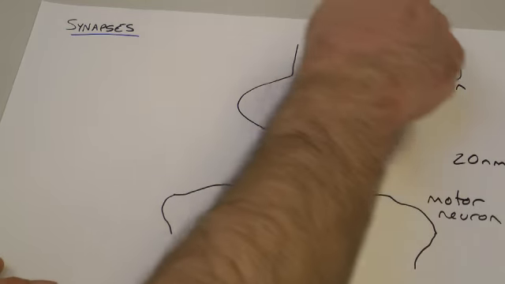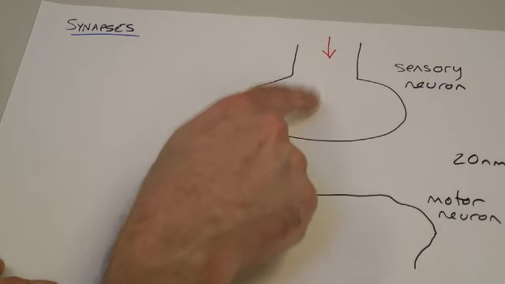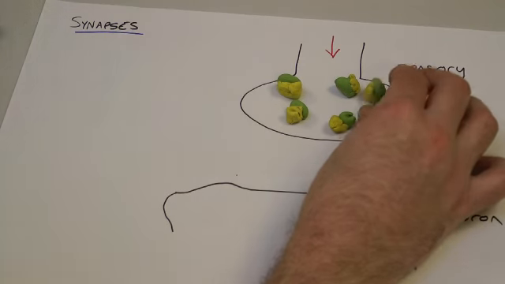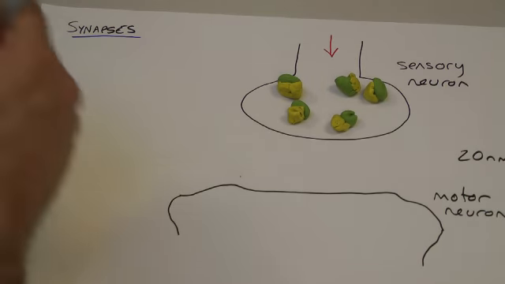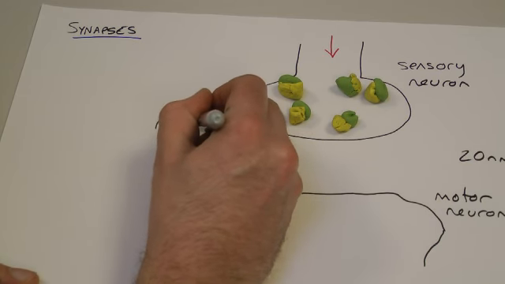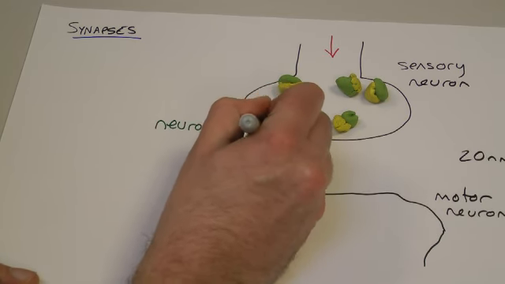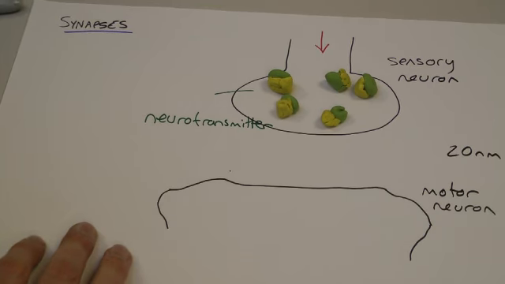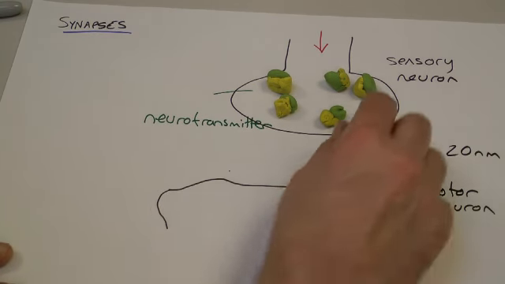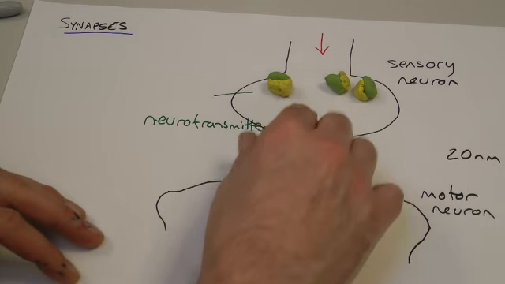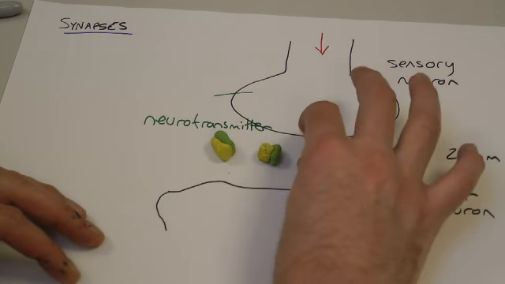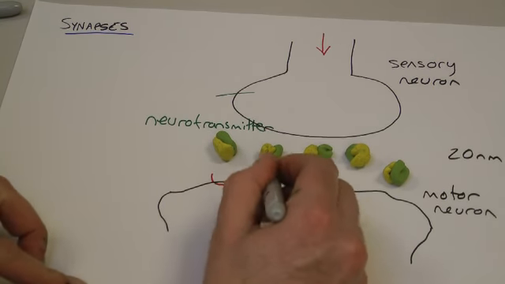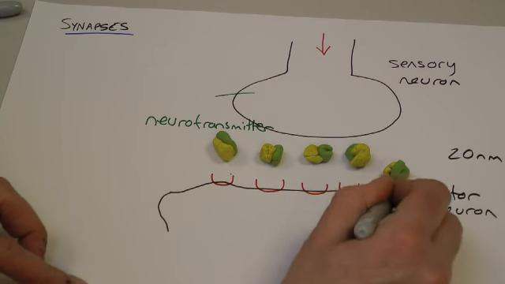Well, the nerve impulse has travelled all the way along our axon and it's come to the end. Here's our nerve impulse. And what we have in the end of the neuron is a chemical that we would call neurotransmitter, which I'm representing with these blobs of green and yellow plasticine. Now, when the impulse reaches the end, these neurotransmitter molecules diffuse out into the gap, and they diffuse across the synapse, and on the other side what we have are